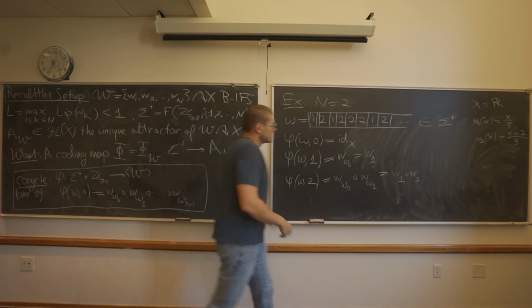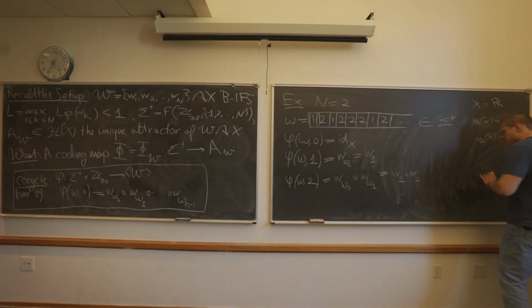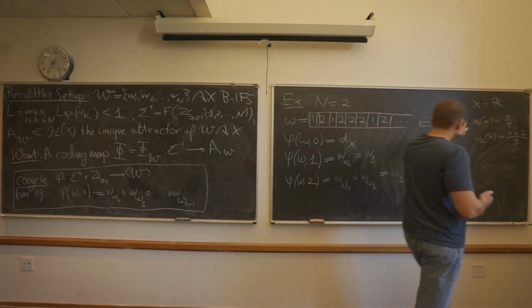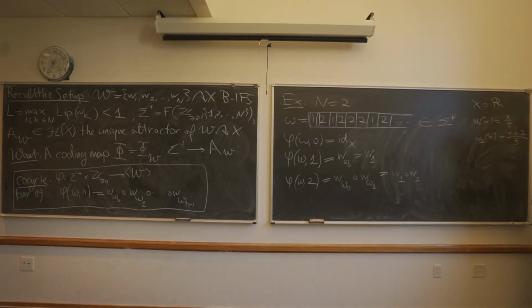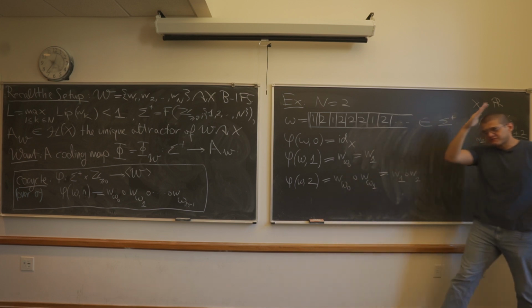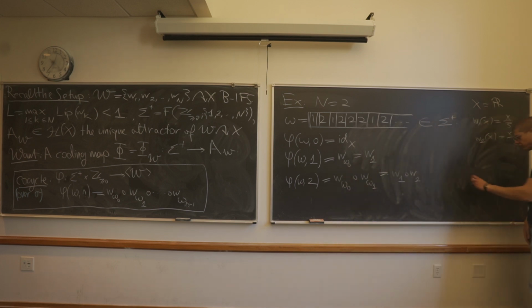So in the Hutchinson operator perspective, what we did was we started with, let's say, a subset, and then we applied every single transformation here. After one step, it sort of grew and grew and grew. This is a different perspective where we choose one specific path, if you want.